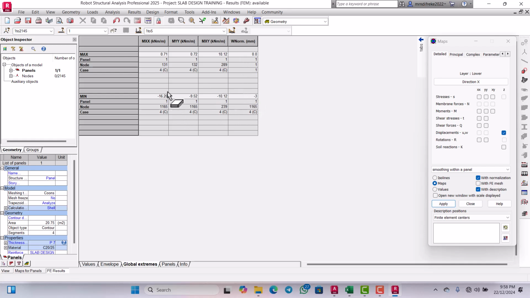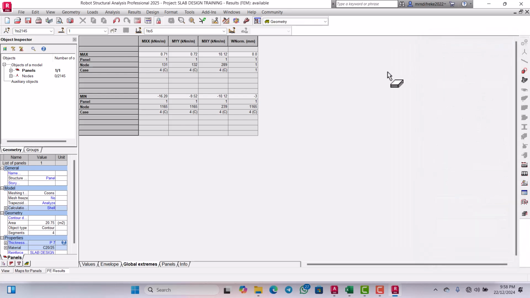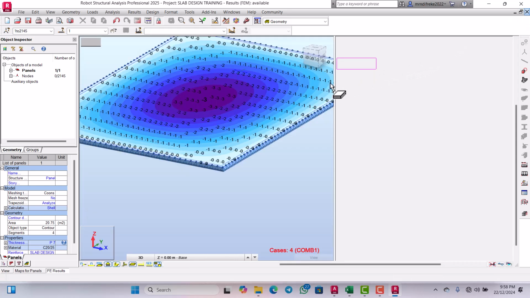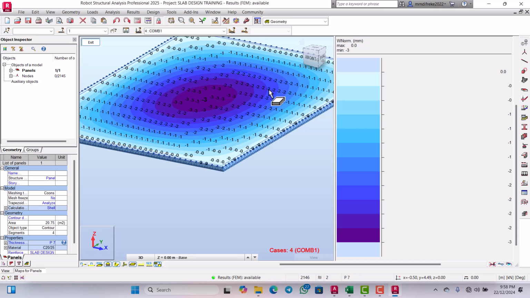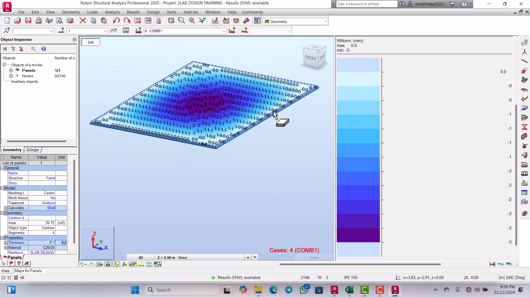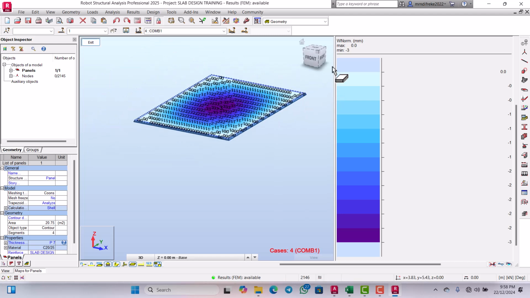Okay, so let's move. Let's close this and move. So we click on here. So we can close that. We can close that. We can close this, and then